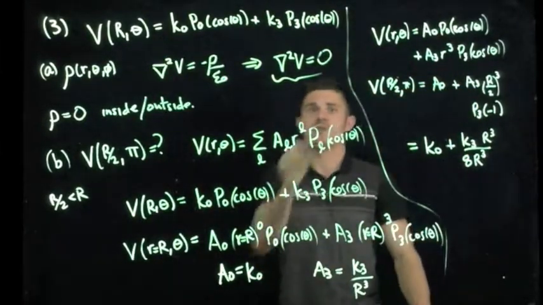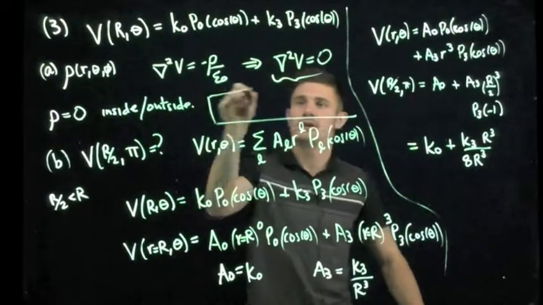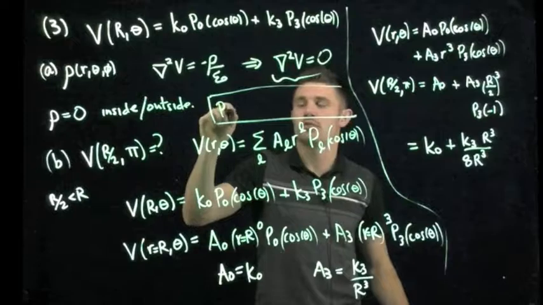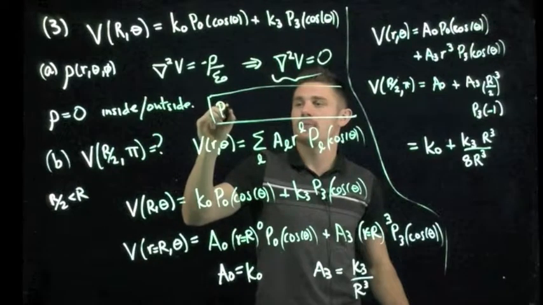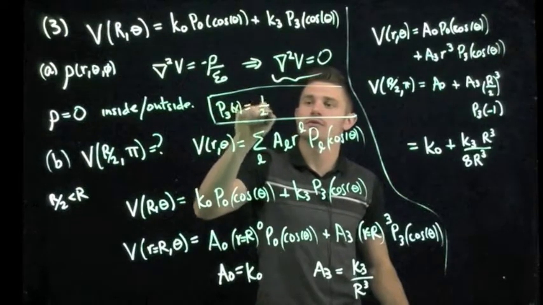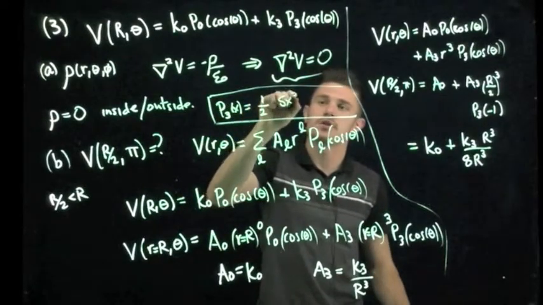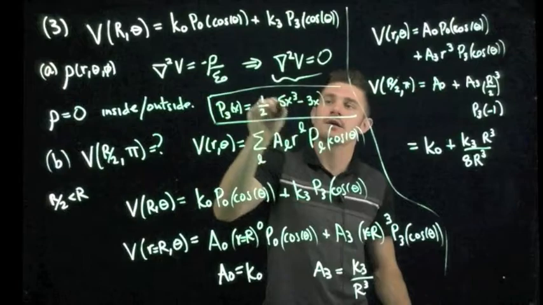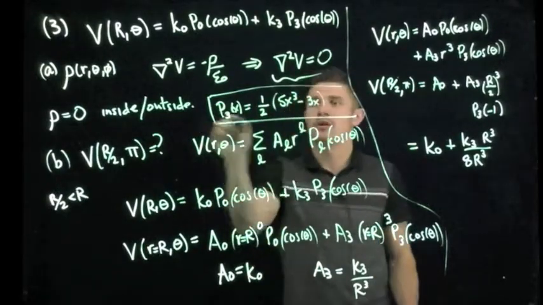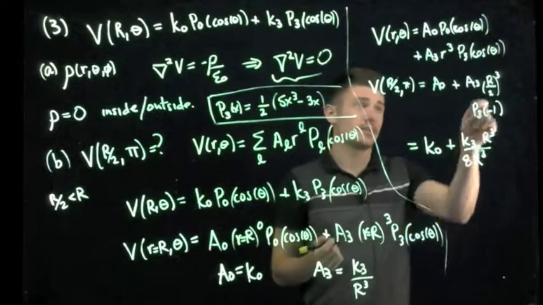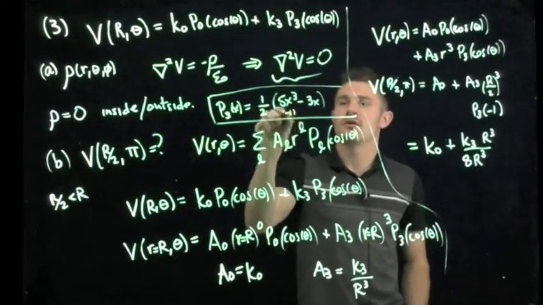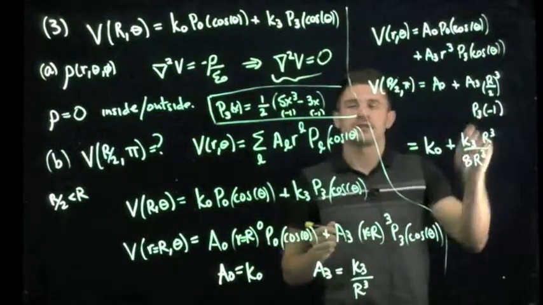I have a little bit of space here, so I'll fill that in quickly. The way I remember this is I just remember the general form of a Legendre polynomial of x, so P3 of x is simply 1 over 2 (5x cubed minus 3x), and you can remember this from the Rodrigues formula. I just remember it in this form instead of the cosine theta form because I think this is a little bit easier to remember. So we substitute negative 1,